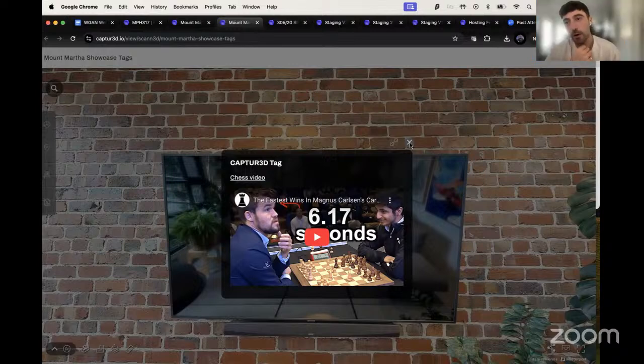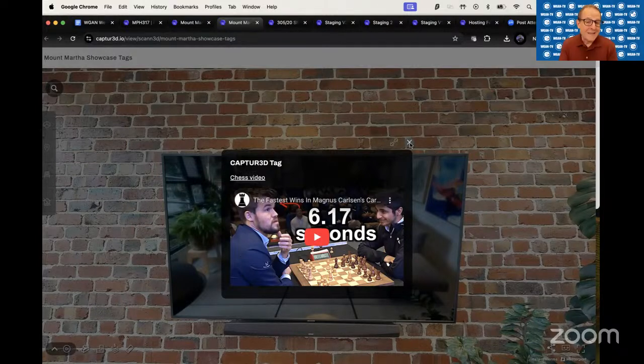Absolutely. So that's one of our features from the Creator Studio, which is the media embed. So you can place a video or an image on the mesh anywhere in the Matterport model. So on the walls, the ceiling, the floor, that wouldn't be contained within a tag. At the moment, we don't have analytical data for the media embedded images or videos. But if you are placing that within a tag, then we are able to track that with captured tags. So there's a slight difference in the features there. But ultimately, we see analytics.